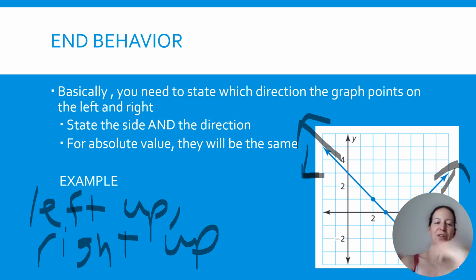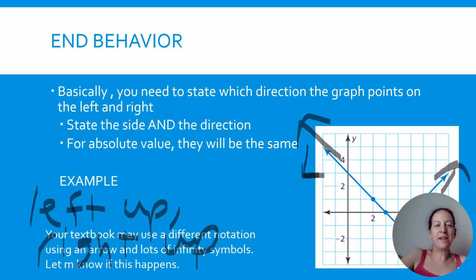Don't overthink it. You're going to say them both. I've gotten some strange answers for end behavior. So you have to state the end, left or right, and is it pointing up or is it pointing down? Last little piece of content for this lesson